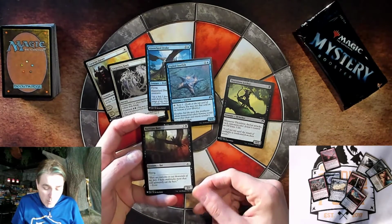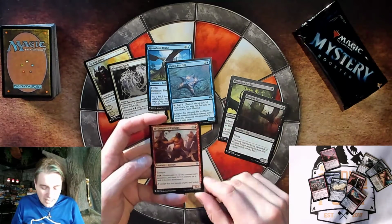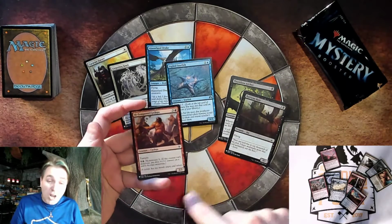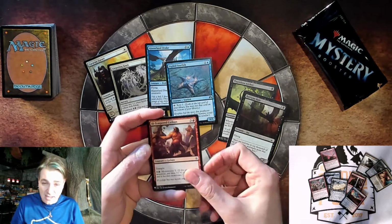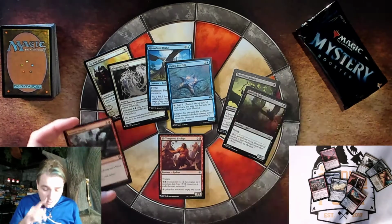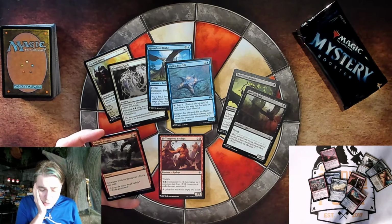Bartizan Bats, 3/1 flying for 4. Mid-range pick. Nothing special. Ill-Tempered Cyclops, it's a 3/3 trample for 4 with Monstrosity 3. It's a bit of a tank. Late game, red drop, like it. Would I pack one, pick one? So far, out of all cards here, in a vacuum,